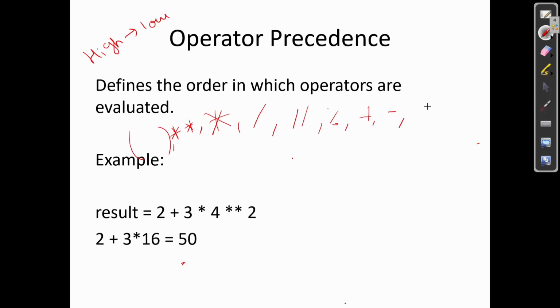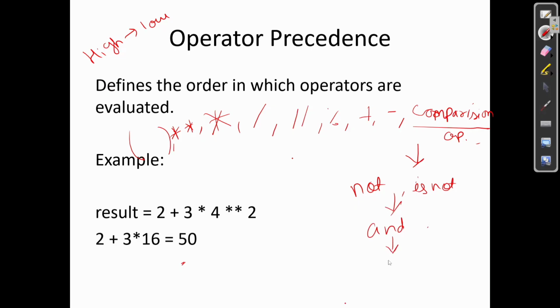After this, if there is a comparison operator, and after this we have to see not, and after this and, after this or. This is the series in which we have to do the calculation in the coding part,